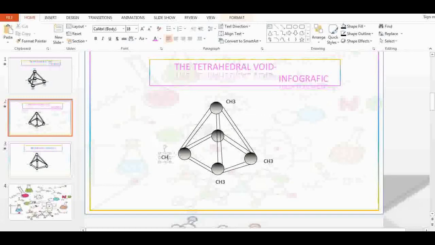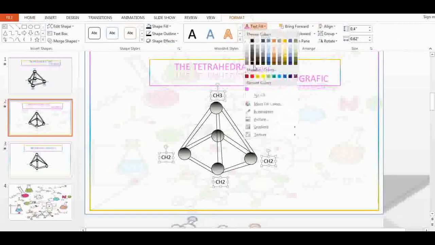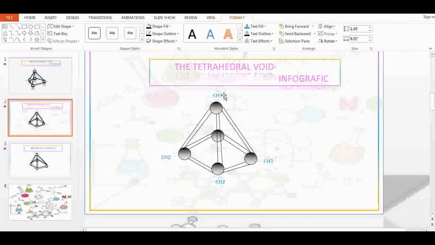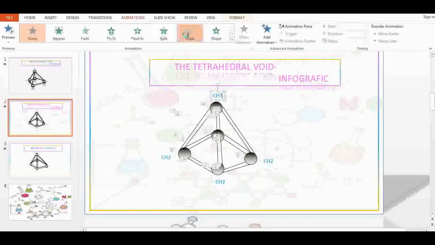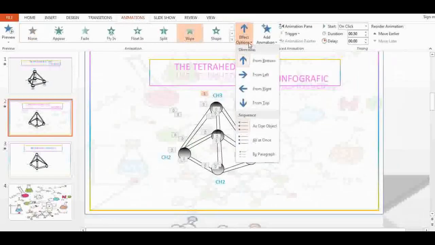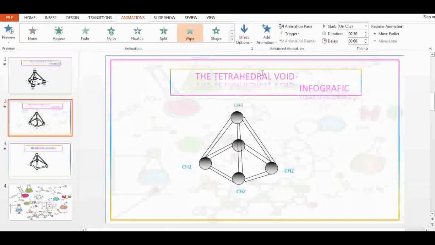Then select all the text boxes, then drag them in a very aligned way. Then we should be very careful how many hydrogen atoms are attached to one carbon atom. Then we should color the text with your favorite choice. Then we should add the animations to the text also. Add the animations, Wipe